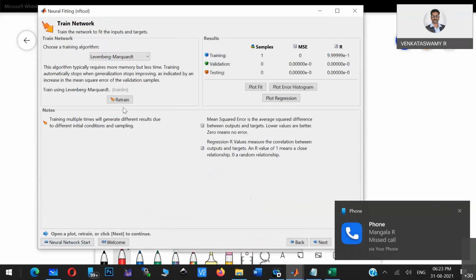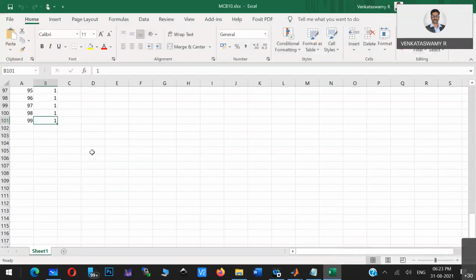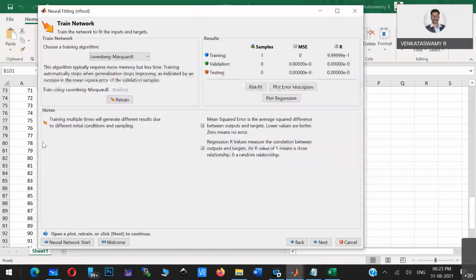Then you see training is done, because my data is very small. Hardly 100 records, and that too very simple data. That's why it trained very fast. If you consider thousands or lakhs of records, it will take a lot of time. Even in my research, training that particular data took almost 1 day. I just gave it one night. If you have that kind of data, it will take a lot of time.